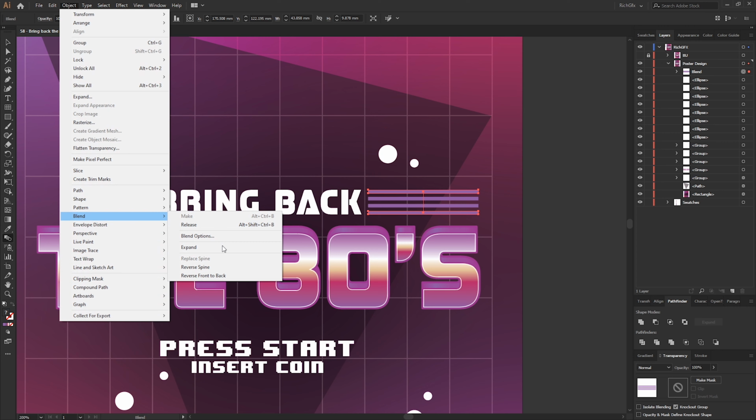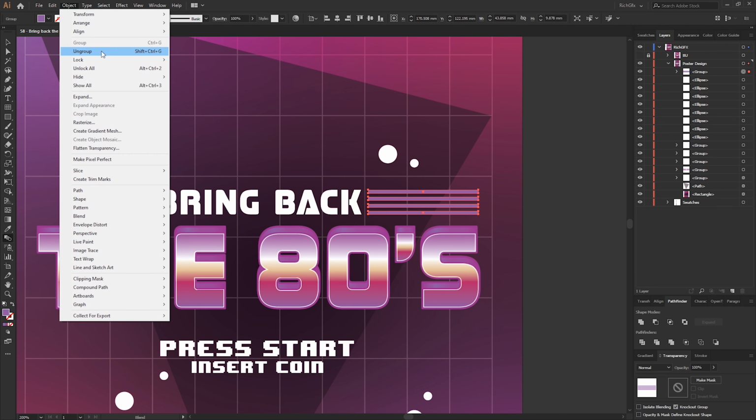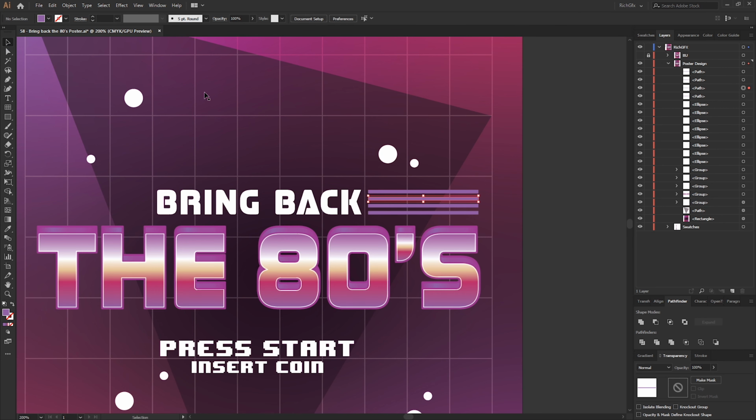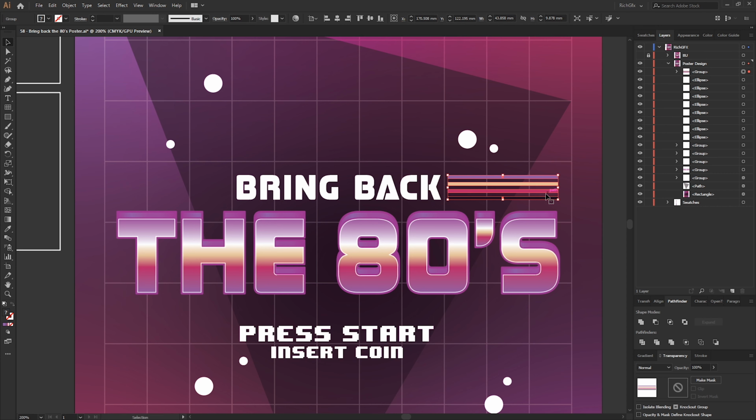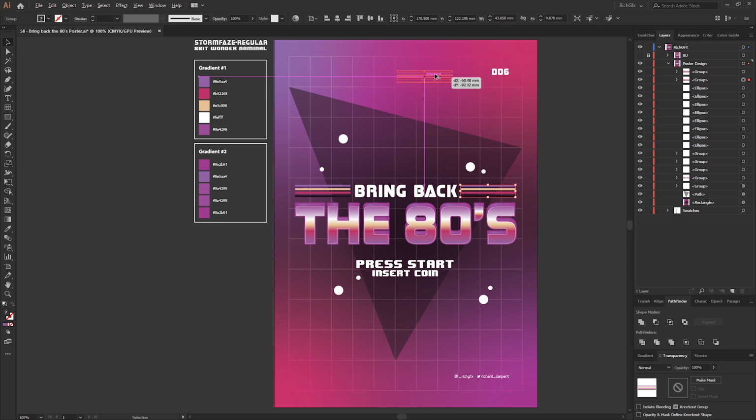And then once you've created the blend, go to Object, Blend, Expand, then Object, Ungroup, and then we can just change these colours to match that of our gradient. Group the rectangles together, and then we can repeat this on the opposite side. We can also duplicate these